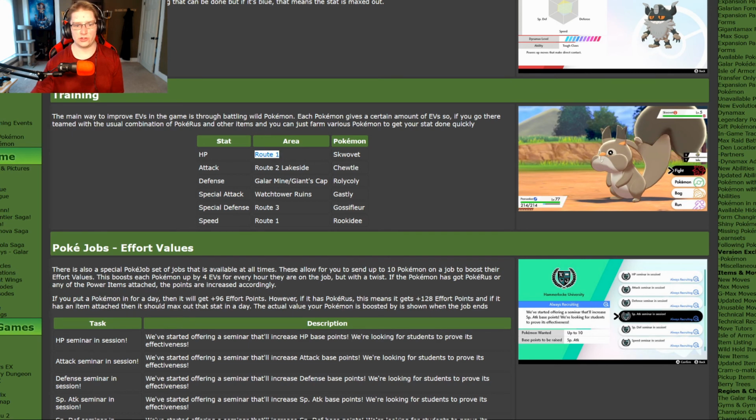HP, Route 1, Squovitz give HP EVs. Attack EVs, give Choodle. This is why we're going to use Storm Drain, by the way. Defense, Roly-Coly. Special attack, Ghastly at the Watchtower Ruin. Special defense is Gossifleur in Route 3. Speed. Every Pokemon gives at least 1 EV when you knock it out in the wild. Okay? So again, and the reason why you want to do these EVs is because you want to get the